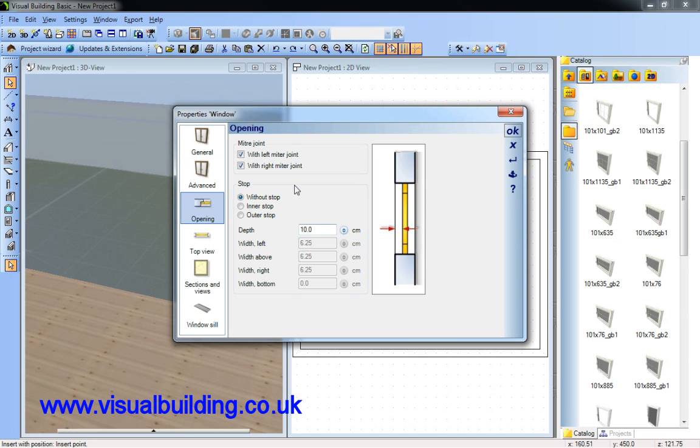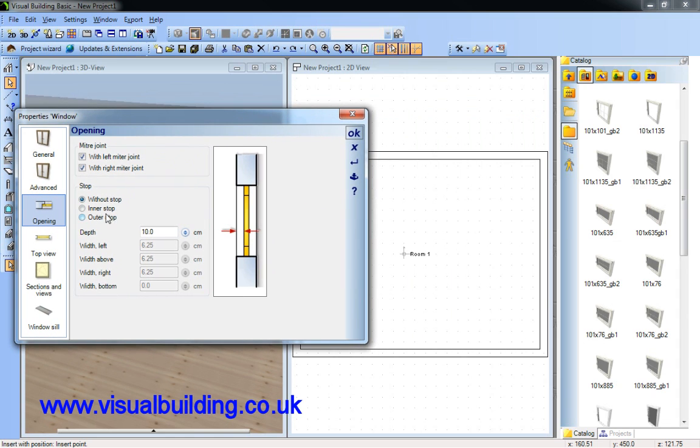Here we can actually decide how the window fits into the wall. So we can have here a standard without the stop, and if we have an inner stop, we can actually decide exactly how much that dimension is there. Here we've got 6, so if we set that to 10 and 10 and 10,